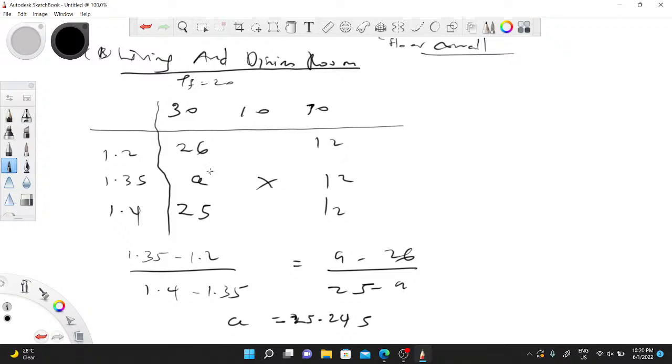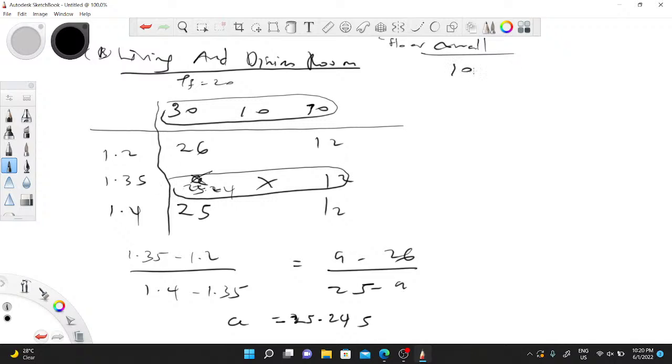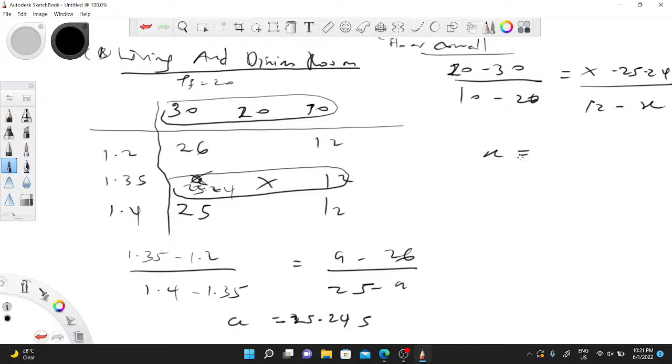So A is now 25.24. I'll use this here and here to find my X. So I'll do 10 minus 30, sorry, 20 minus 30 over 10 minus 20 must be equal to X minus 25.24 over 12 minus X. So when you do this correctly, you get your X to be equal to